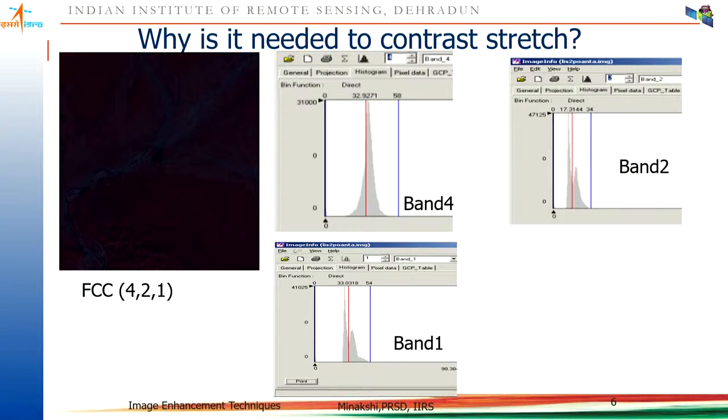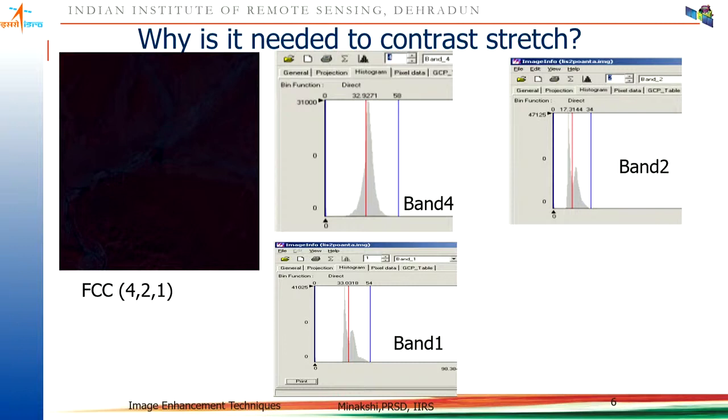That means 8 bits for red, 8 bits for green, 8 bits for blue. 0 to 255 for red, 0 to 255 for green, 0 to 255 for blue. But here the values are going into a very narrow range, 0 to 58, 0 to 34, 0 to 54. So very narrow range of DN values. If my monitor is 0 to 255, normally 0 will be no energy reflectance, 0 black color.